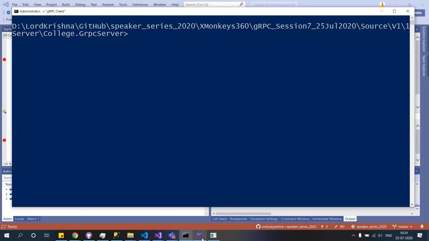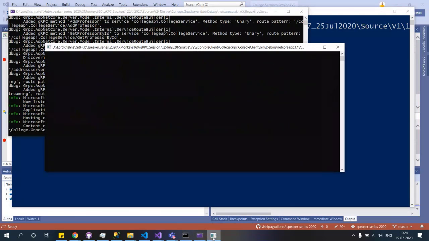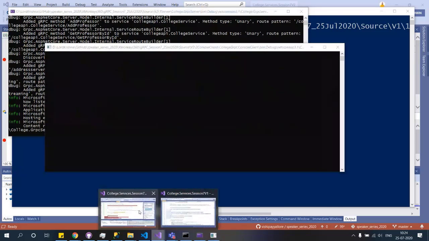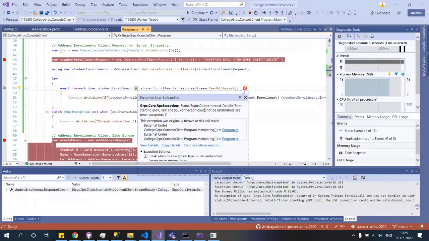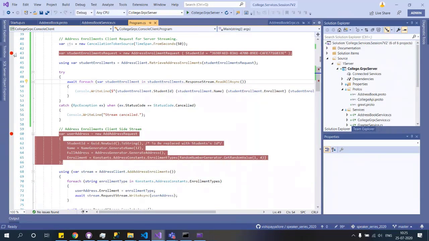What is this throwing? It is an error. SSL connection could not be established. Why? Why could it not be established? One second. Let's see. Let me comment this for a moment